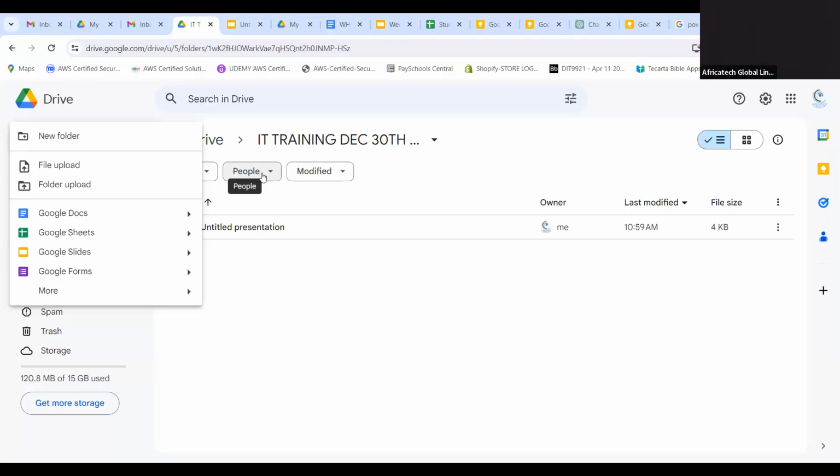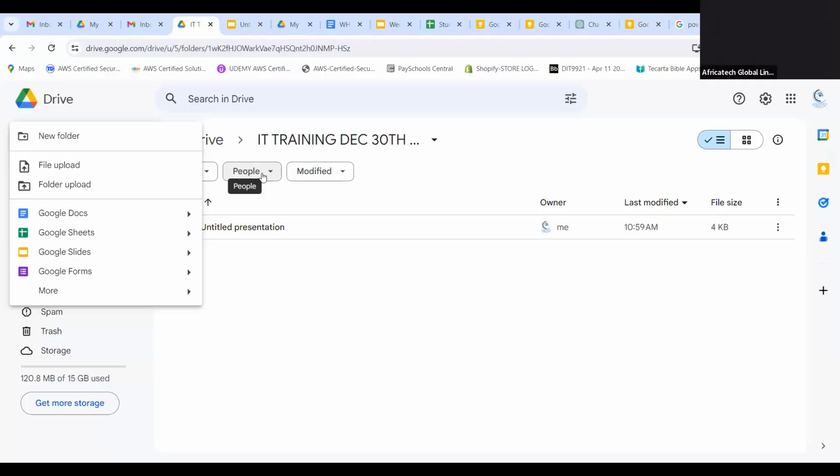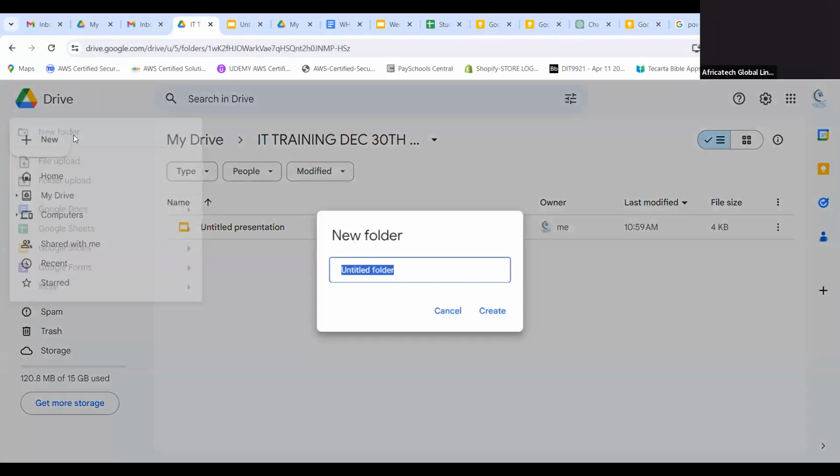You can save your stuff, even for your personal good. You can save your stuff online so that as you are moving, you move with your stuff. If you didn't have time to print, even your car insurance, anything that you want to save, you can save it. So it's very important to know that in a folder, I can create another folder, right?